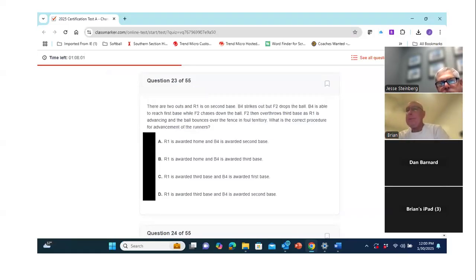There are 2 outs, and R1 is on second base. B4 strikes out, but F2 drops the ball. B4 is able to reach first base while F2 chases down the ball. F2 then overthrows third base as R1 is advancing and the ball bounces over the fence into foul territory. What is the correct procedure for advancement on the runners?